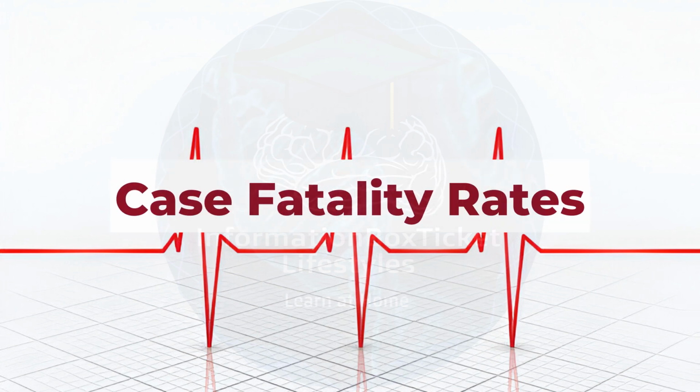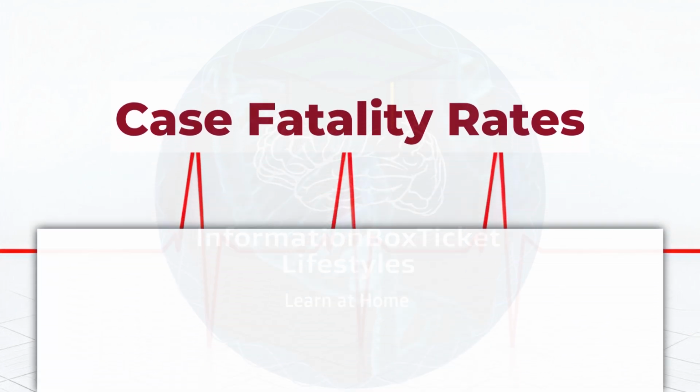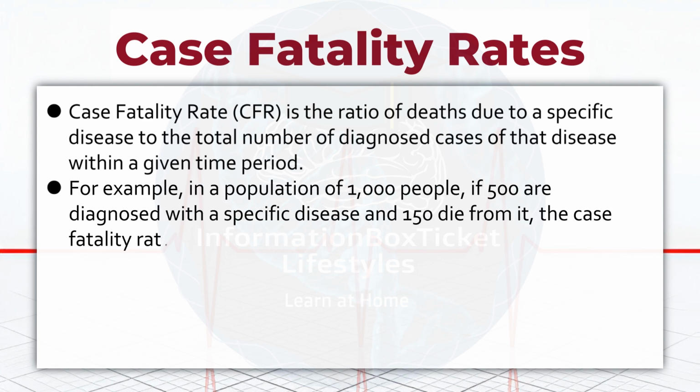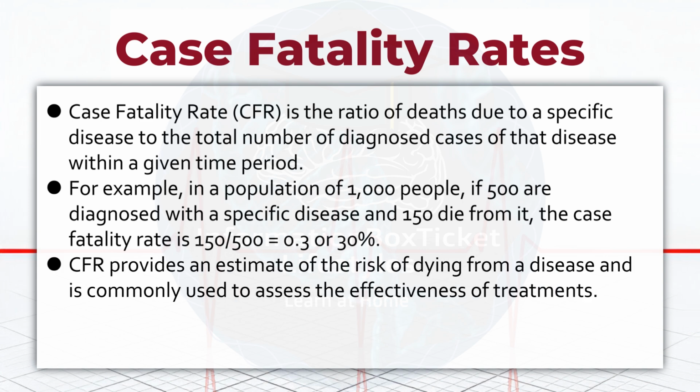Case fatality rates. Case fatality rate is the ratio of deaths due to a specific disease to the total number of diagnosed cases of that disease within a given time period. For example, in a population of 1,000 people, if 500 are diagnosed with a specific disease and 150 die from it, the case fatality rate is 150 over 500 equals 0.3 or 30%. CFR provides an estimate of the risk